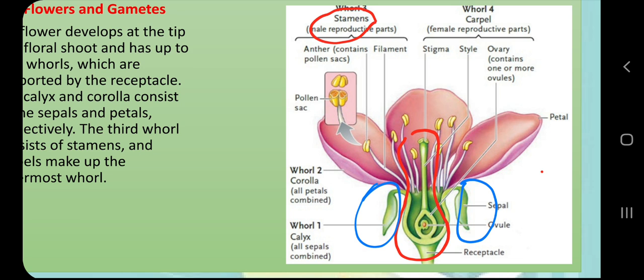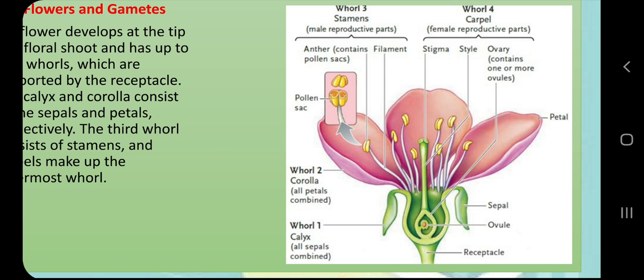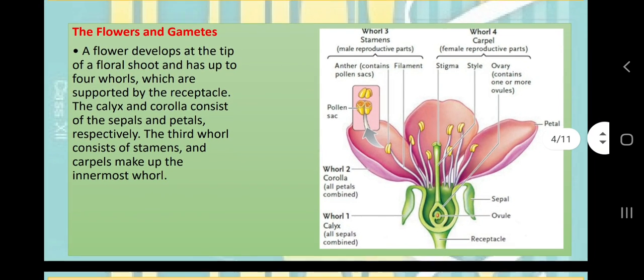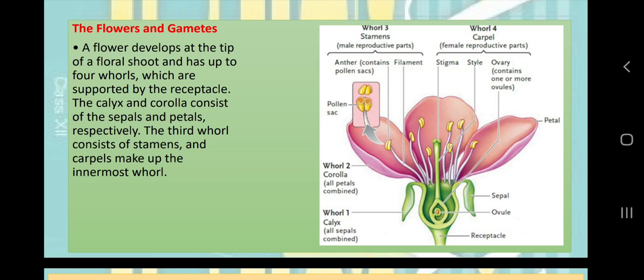Corolla, the iconic part of the flower, is this colorful part which attracts pollinators, or insect pollinators, for pollination. And finally, the most important parts of a flower are the male and female reproductive parts, which are